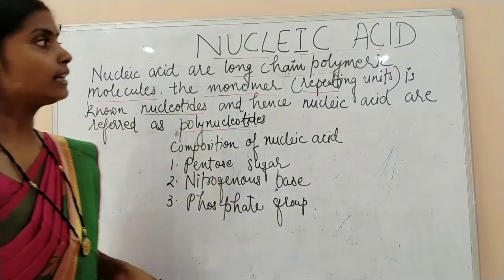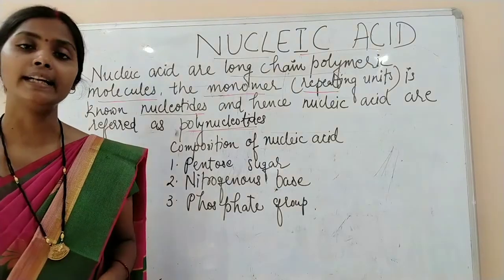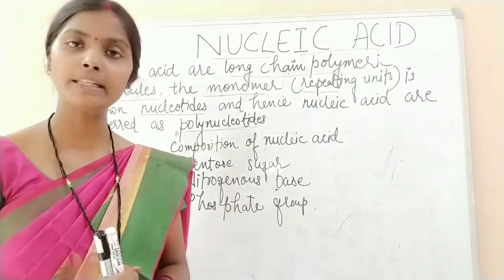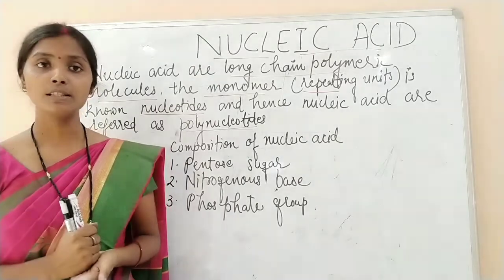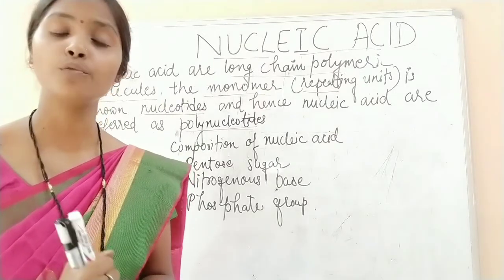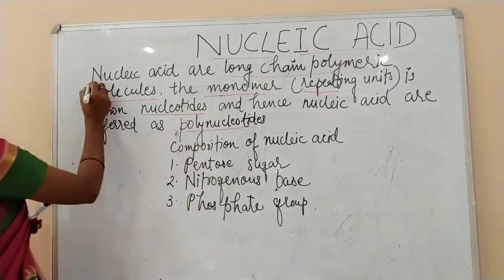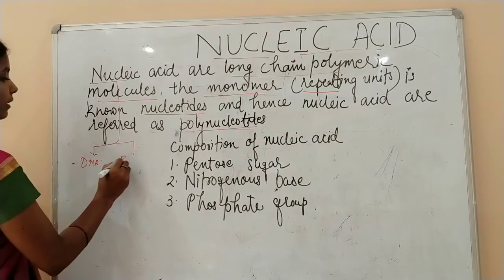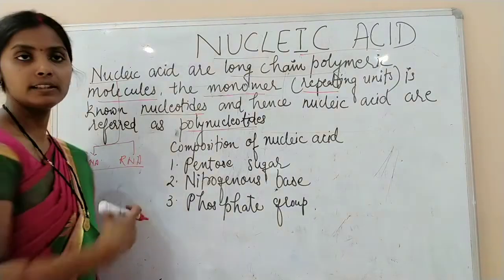In earlier classes also you have heard that nucleic acids are of two types, that is DNA and RNA. DNA and RNA both are genetic material, and we all know that the function of genetic material is to transfer or inherit genetic information from one generation to the next generation. These are the types of nucleic acid. We will see them in detail in the next video.